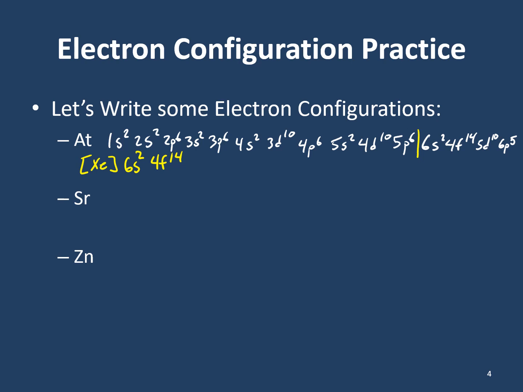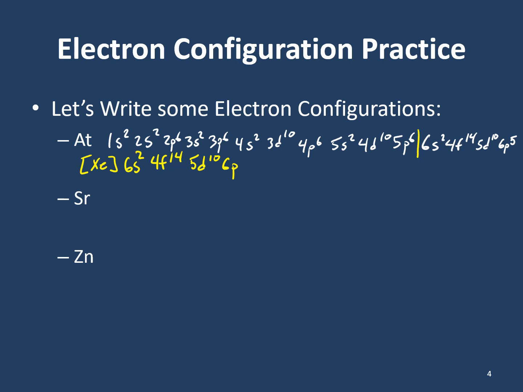Astatine, again, is not a 4f element, so it's not in that first row of the F block. And so we're just going to fully fill that F block, and so that's just 4f14. After that, it's the 5d according to our filling order. And astatine is not a D block element, so we're just going to fully fill this D block, the 5d10. But it is a P block element in the 6th row. So now we just need to count over from